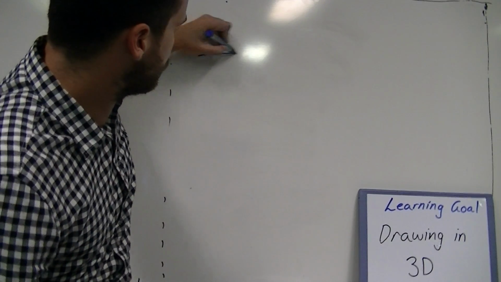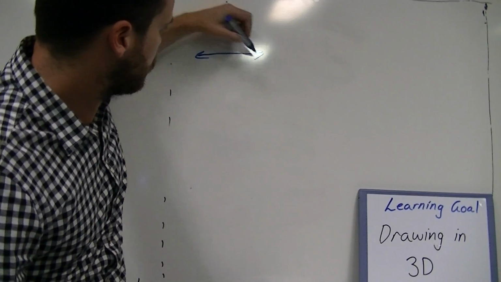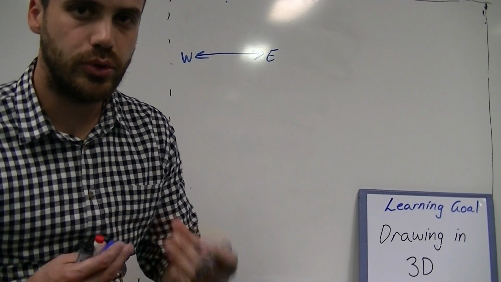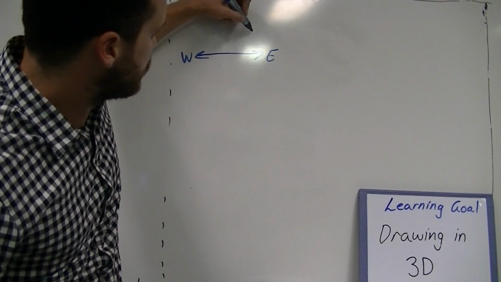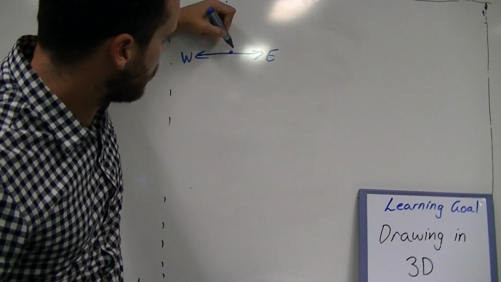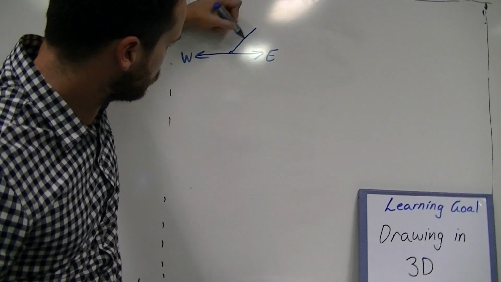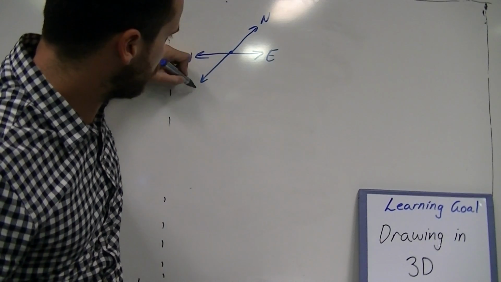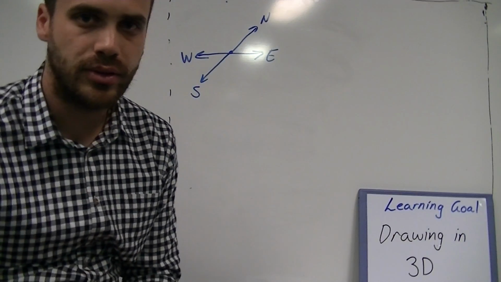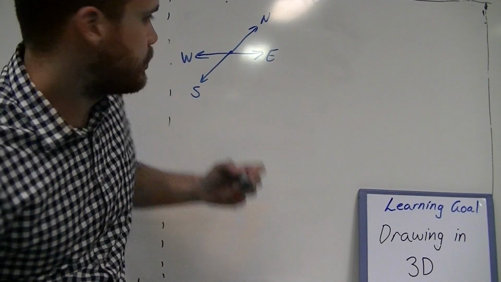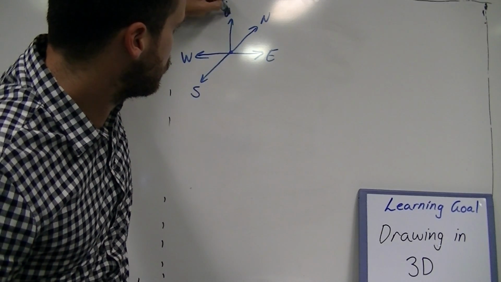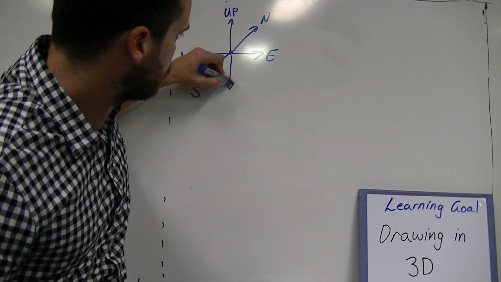Now east and west will still be the same. But when you put your north and south in, put your north and south at a 45-degree angle. There's north and there's south. Now the reason we do that is because that now accommodates our 3rd dimension, up